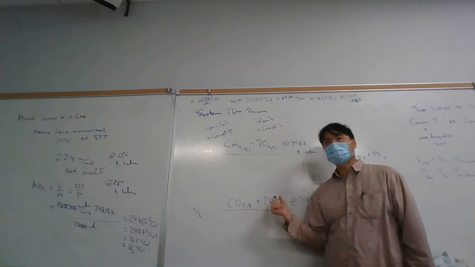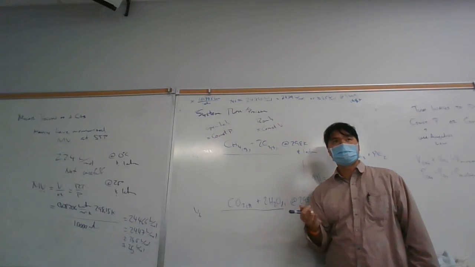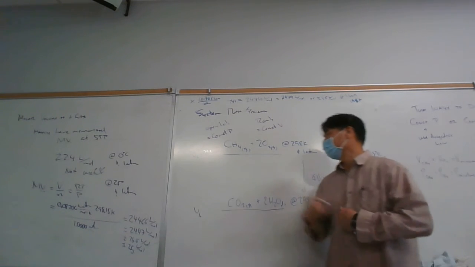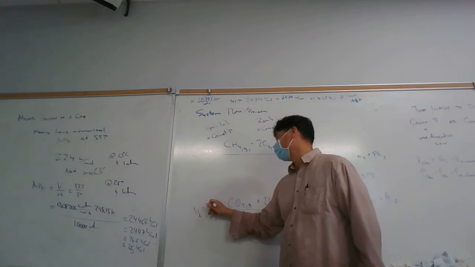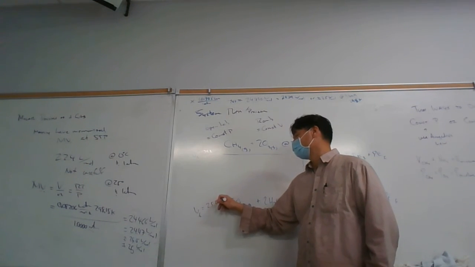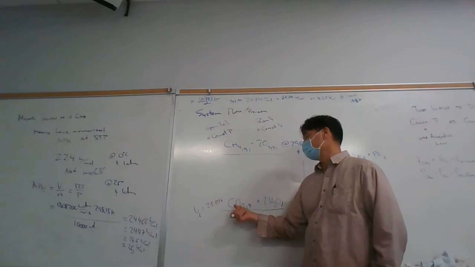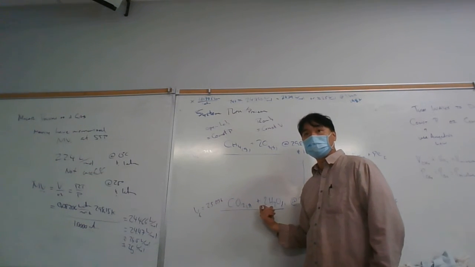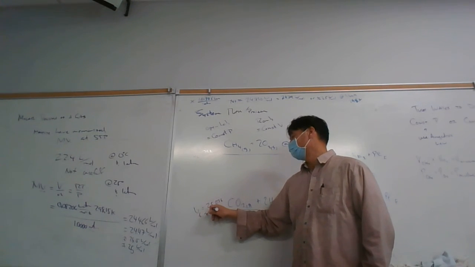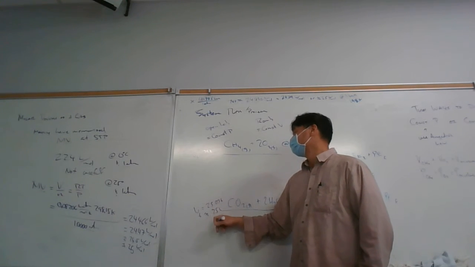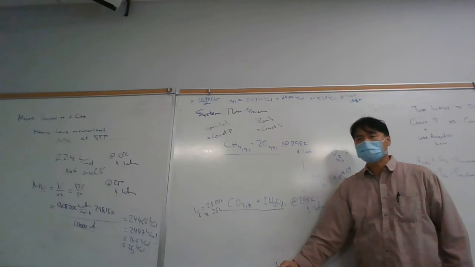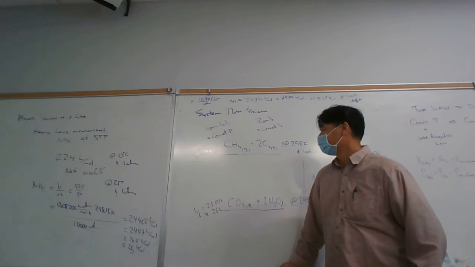36 grams of liquid water would be the same as 36 milliliters because the density of water is about 1 gram per milliliter. And so the V final is going to be 25, and then 36 milliliters is 0.036 liters. And so it'd be 25 liters from the CO2 and 0.036 liters from the liquid water. And so it's about 25 liters. So being a liquid, the volume is so small compared to a gas. For gas, the volume's 1,000 times bigger